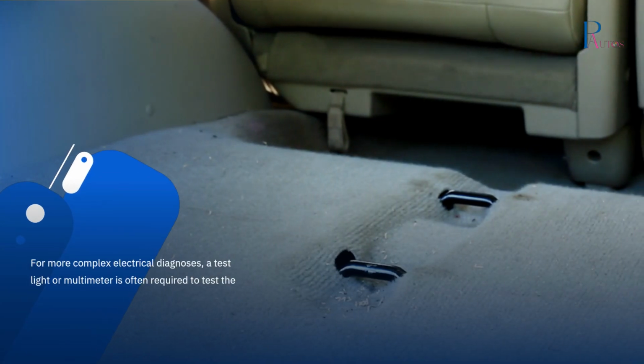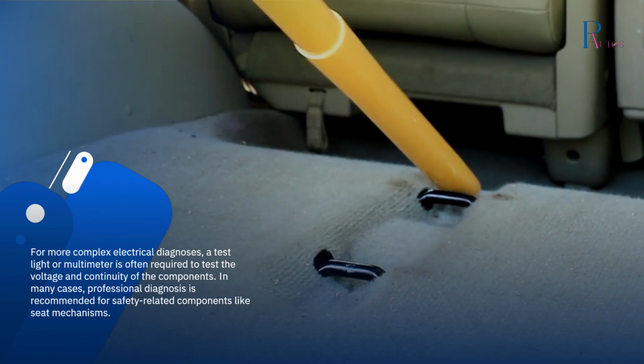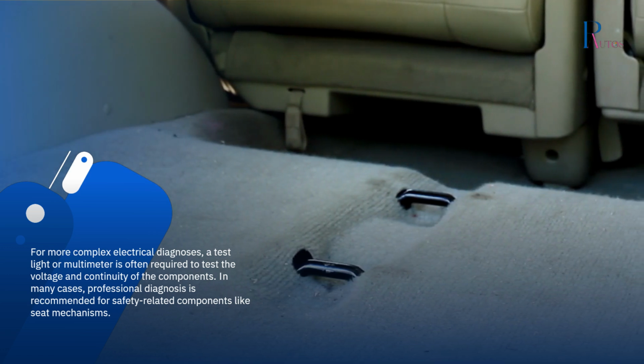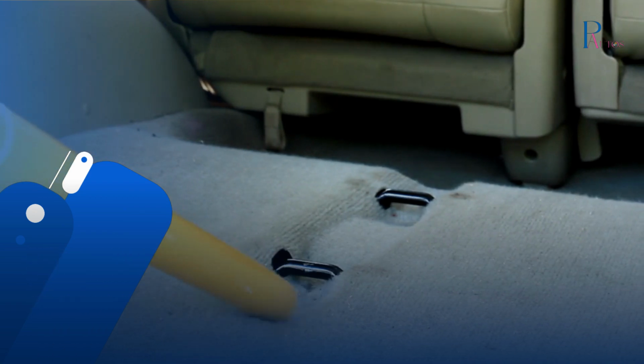For more complex electrical diagnoses, a test light or multimeter is often required to test the voltage and continuity of the components. In many cases, professional diagnosis is recommended for safety-related components like seat mechanisms,